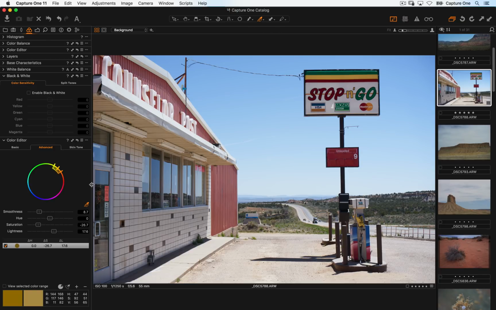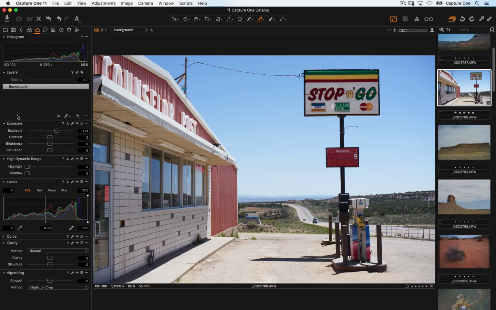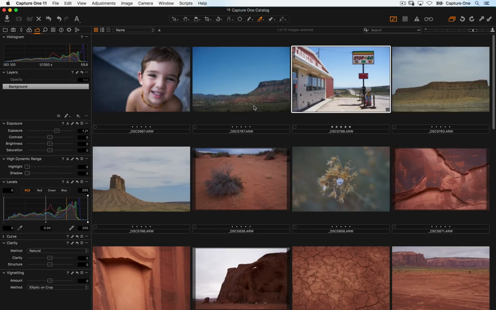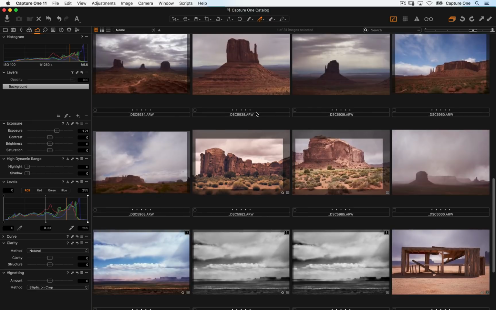The real big thing between Express and Pro, in my opinion, is the ability to use layers. So we can work specifically on various parts of the image with up to 16 different layers. So again, very similar to Photoshop, but working on the raw file. So if I want to do specific